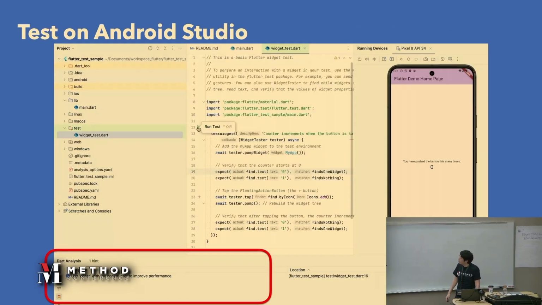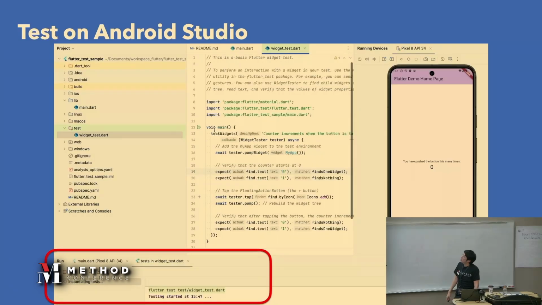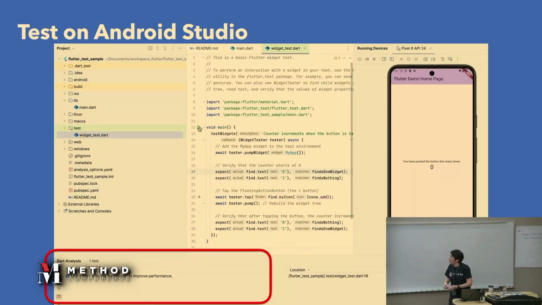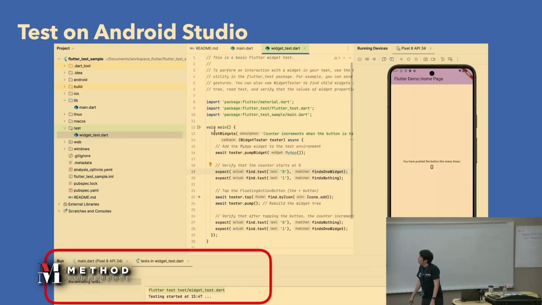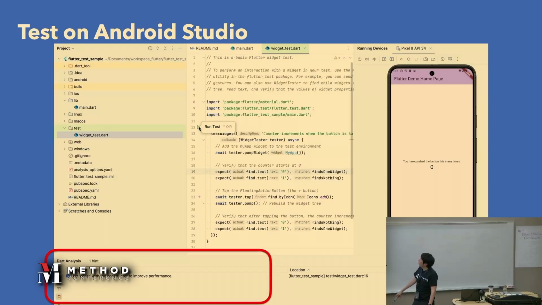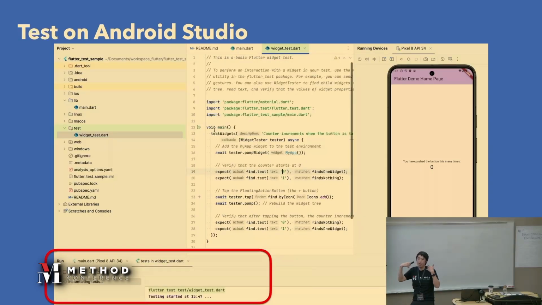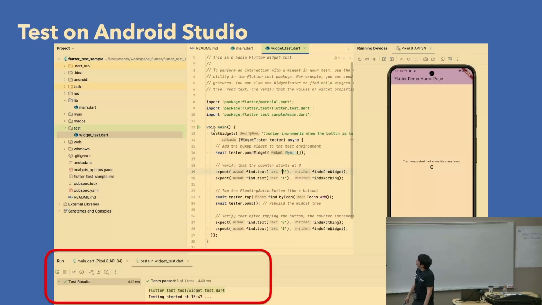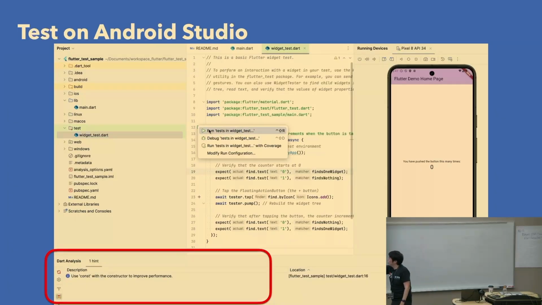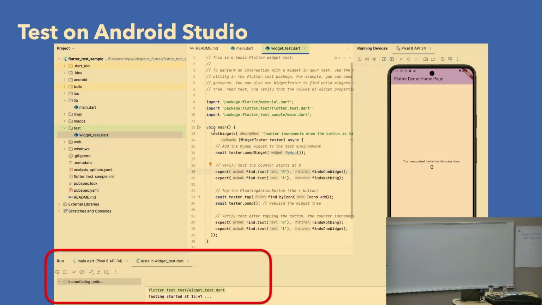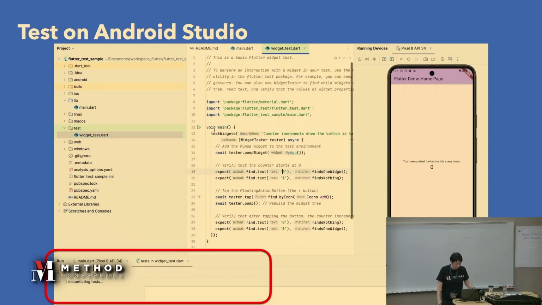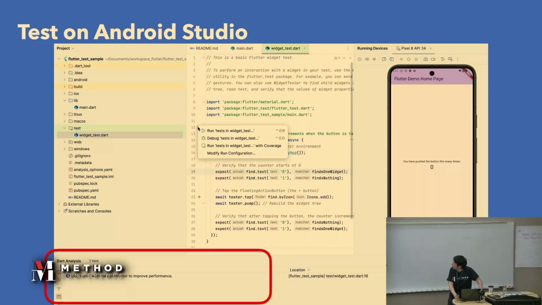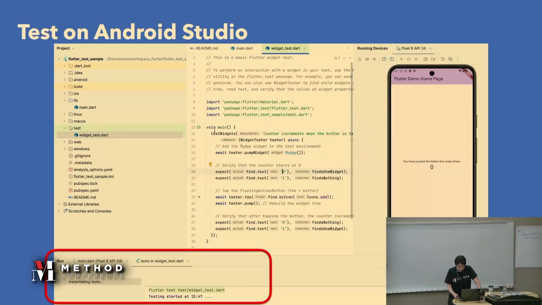Okay, here is an example. I can get the test code from generative AI, copy and paste it into Android Studio, and after that we can test our counter app as we expect. Copying like this, this is the test result. So the test case generated by generative AI is completely runnable like this.